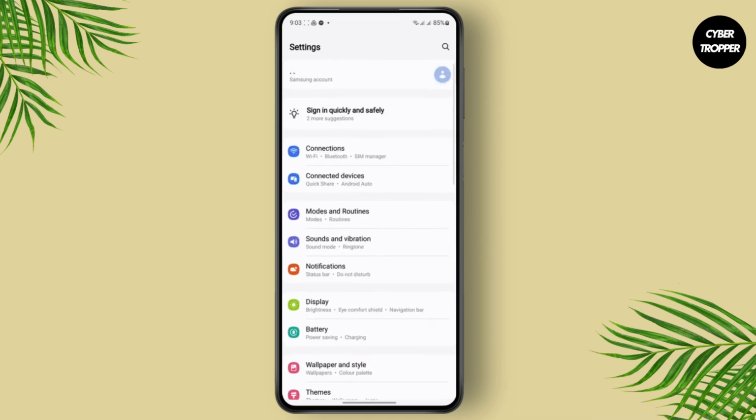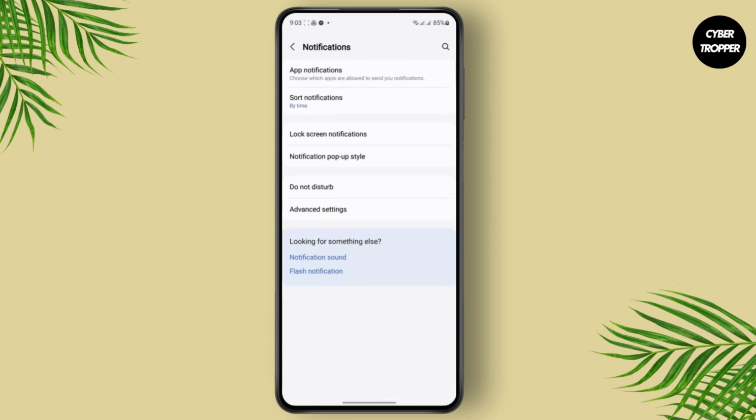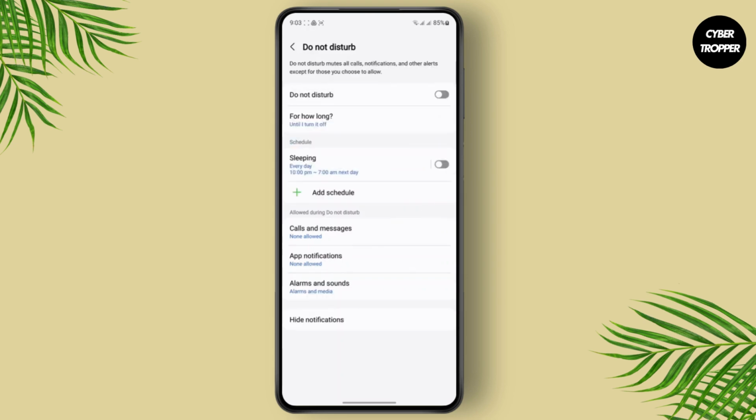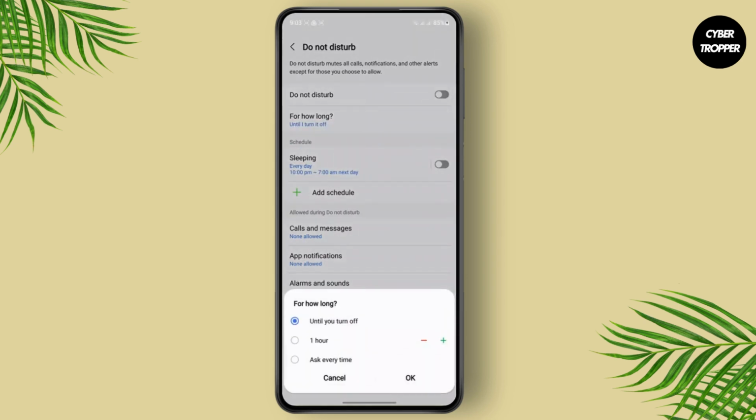For that, you first have to head over to your settings menu and now simply tap on the notifications icon and then head over to Do Not Disturb. As you can see, to turn it off, you simply have to toggle this button off. You can also select how long you want to turn it off for, and you can increase the time for 1 hour, 2 hours, and so on. I'm not going to do that right now, so I'm just going to go ahead and choose until I turn